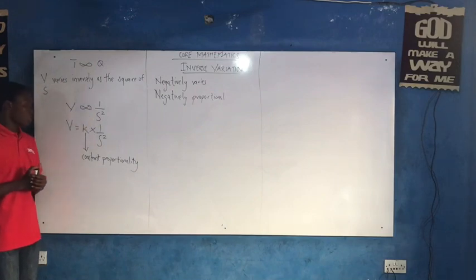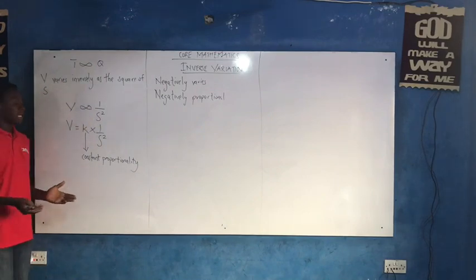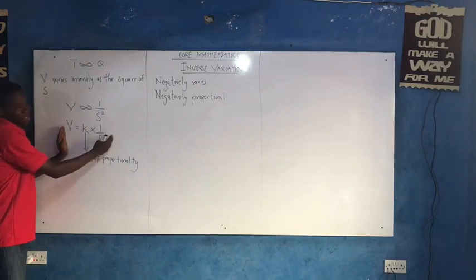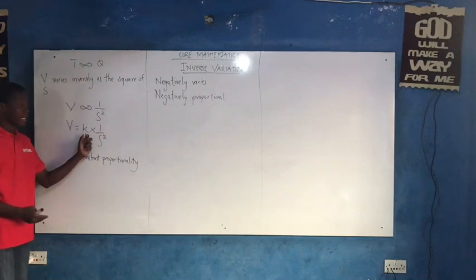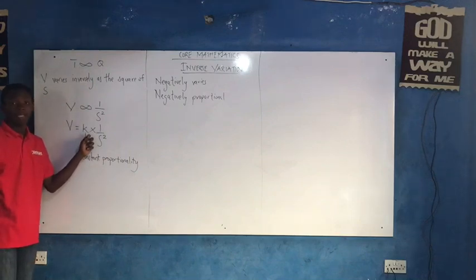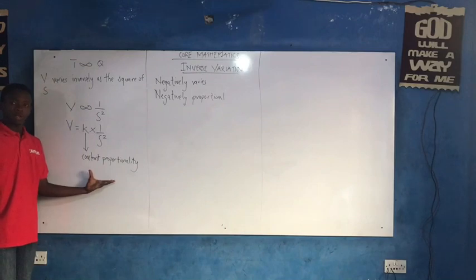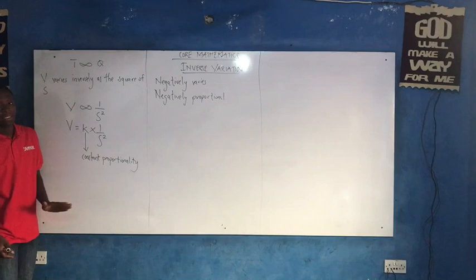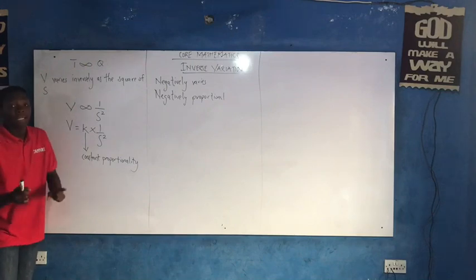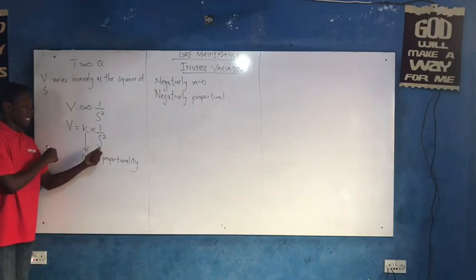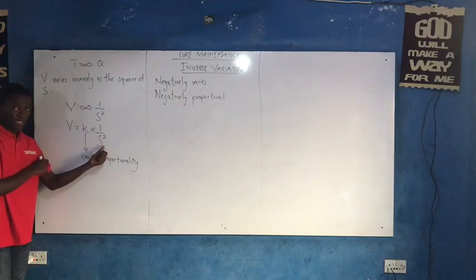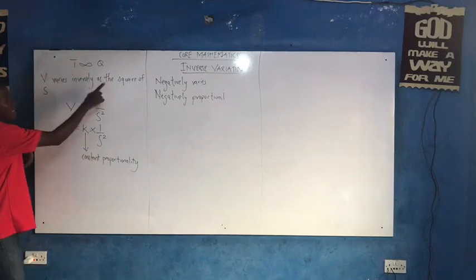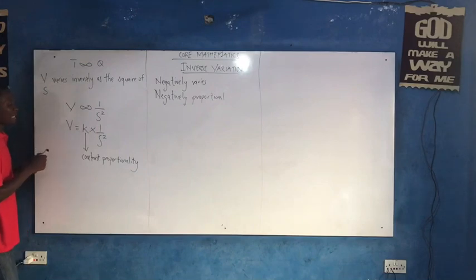So if you are able to put it into this equation, then we have to find our K, which is our constant. To be able to solve the question, we need our K. How do I find my K? I will be able to find my K only if V and S are given. So it means that the question here has to continue by saying that then find